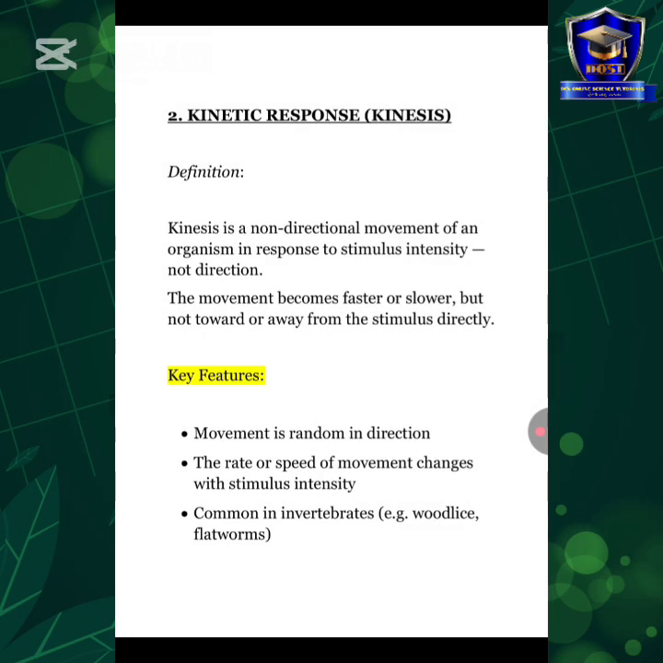All right, and also for the kinetic response, which is called kinesis. Kinesis is a non-directional movement of an organism in response to stimulus intensity. Okay, take note that this thing is not directional. All right, so you can see the key features. It is random. That means it doesn't have direction. The rate or speed of movement changes with the stimulus intensity. Okay, and it is also very common in